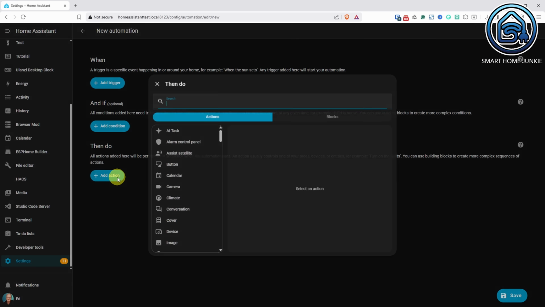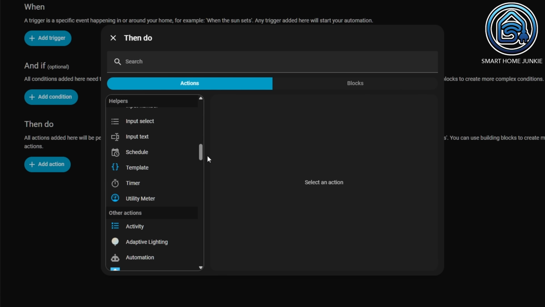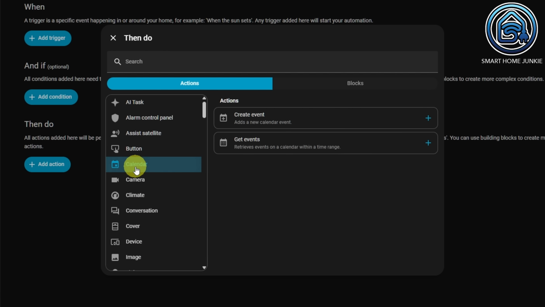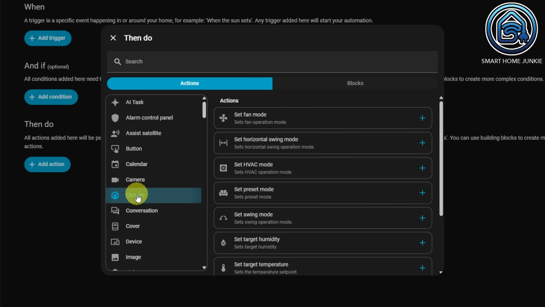The first big improvement is in the automation editor. There is now a brand new dialog for adding triggers, conditions and actions. It's bigger, clearer and easier to read, especially if you're using complex automations. This new layout features two panes, one for navigation and one for selection, so finding what you need is faster